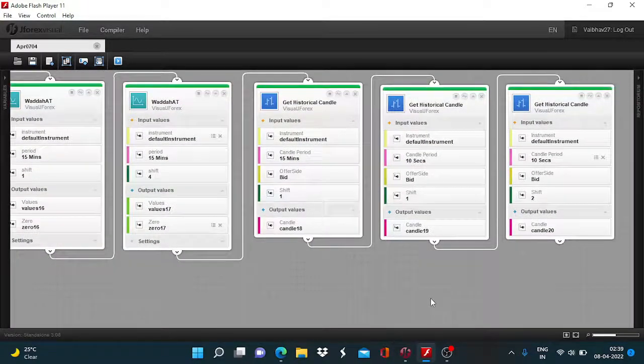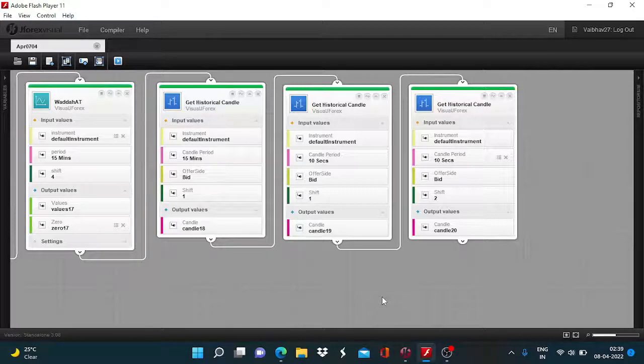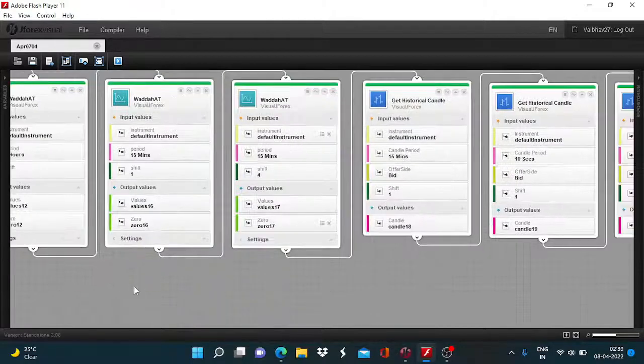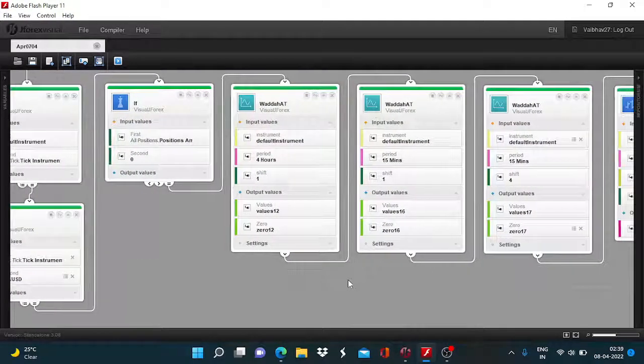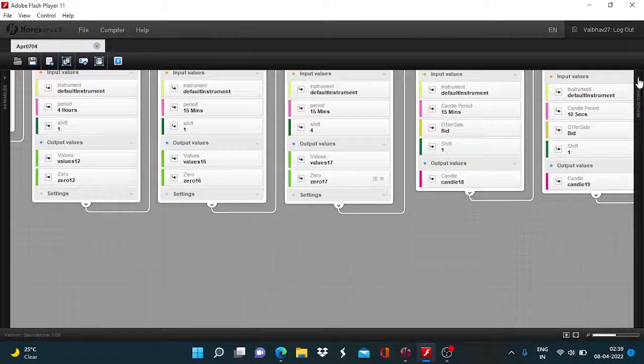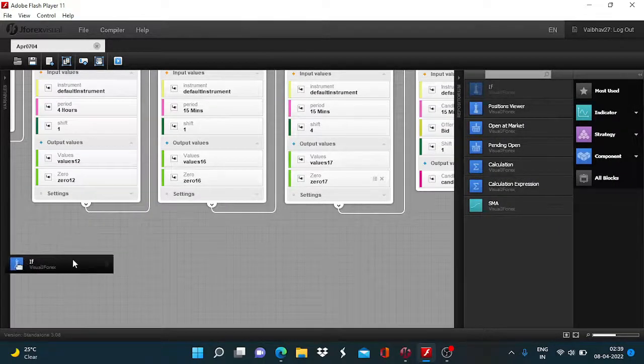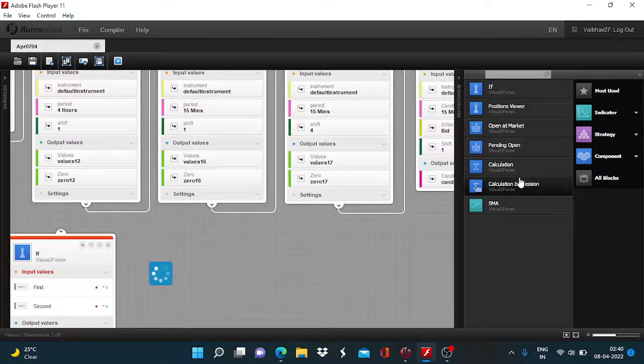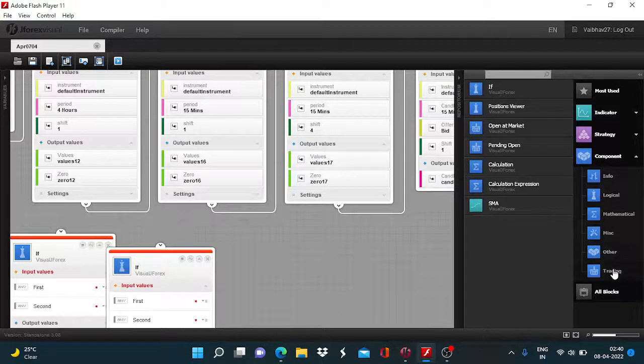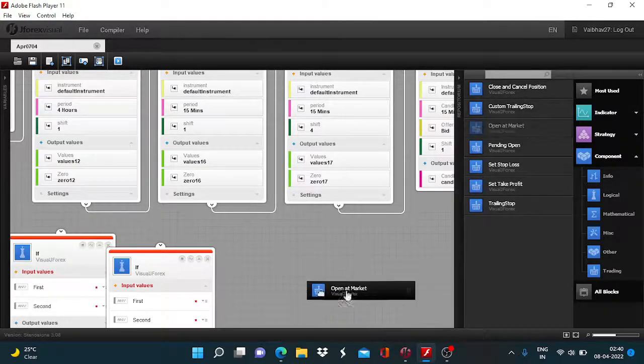where we will have to define certain new variables for defining the conditions of the stop loss and take profit. But prior to that, we will simply define the conditions regarding the ADX output values. For that, I will straight away take a couple of if-else blocks. And this will be a market order. So current market, I will keep it just